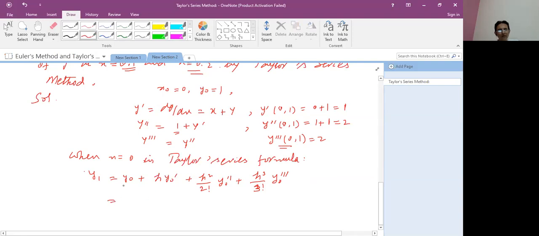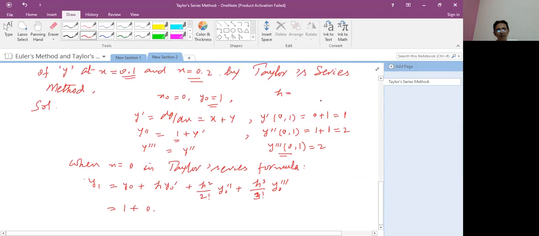So what is y naught? y naught is 1. What is h? If you find the value of h, you have been given 0.2 minus 0.1, it means 0.1. So h is 0.1. So we put here 0.1 times y naught prime, it is 1